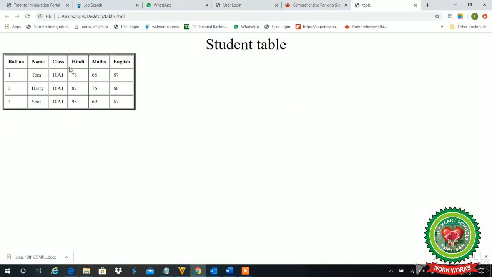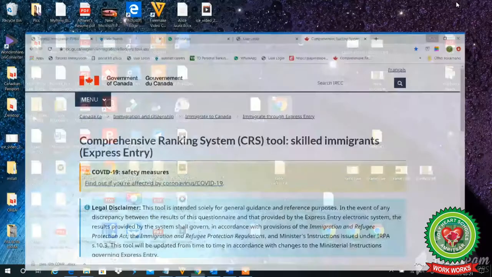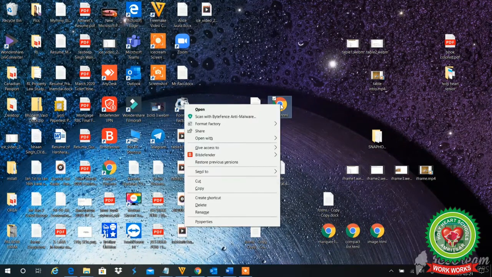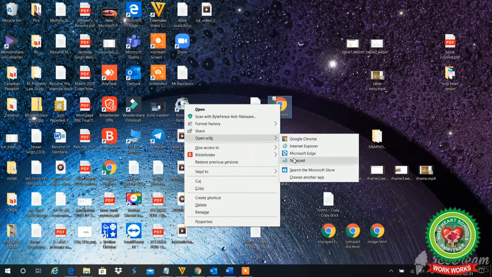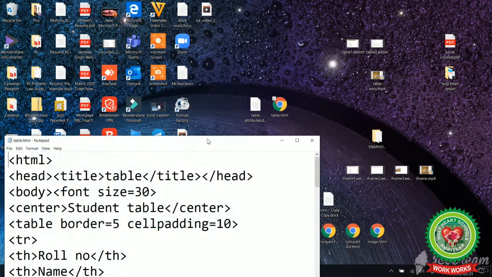Now see, there is no gap between these two lines, and I want this gap. I want to give the space. For that, we'll use the attribute of the table that is cell spacing.